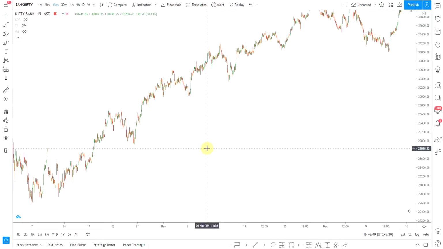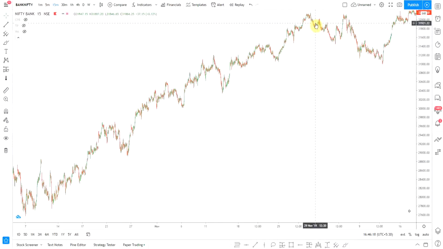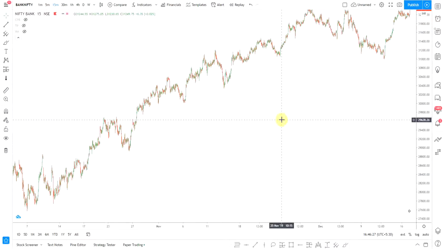Now, let's just get back to the trend lines that we were drawing. You can see it is in a clear uptrend. The first rule of drawing a trend line is to select a time frame that you're going to trade on. In this case, I'm going to be using the 15 minutes time frame. My medium and larger time frame are going to be the 30 minutes and the hourly chart.